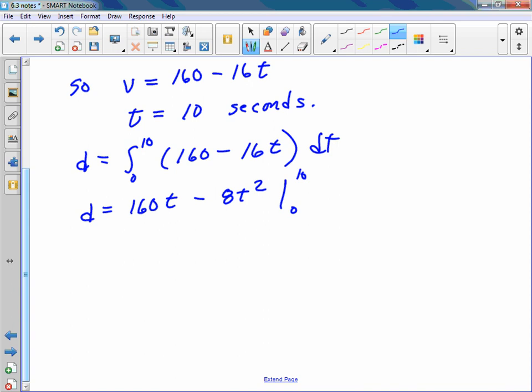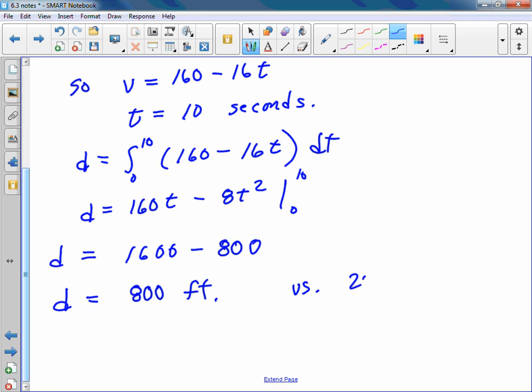I'm going to go a little bit faster this time, equals 1,600 minus 800. The distance equals 800 feet. Okay, remember, versus 200 feet at half the speed or velocity. Okay, 200 feet before to stop, barely